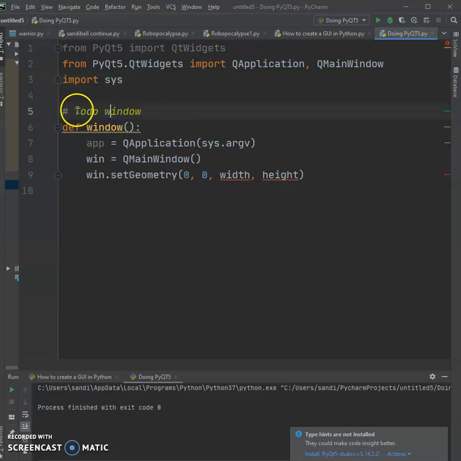Then what I did is type def window, which is just a comment, like basically what the window is about. Then I defined window, which is like a function for the window, and I put QApplication, which is just like saying you're creating an application. Then I put window, main window, and if I